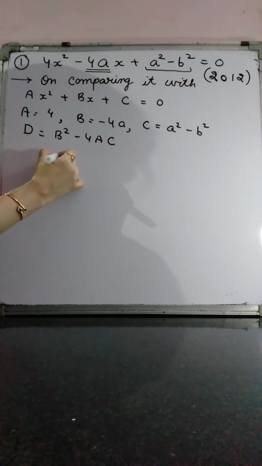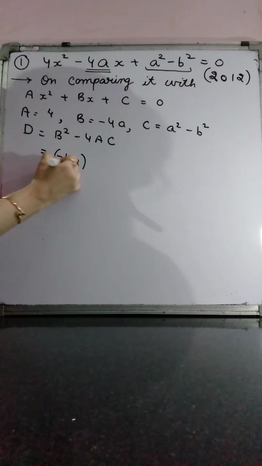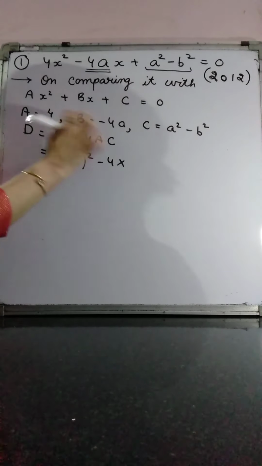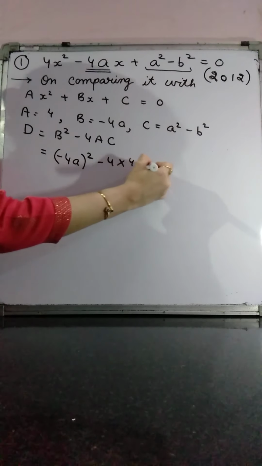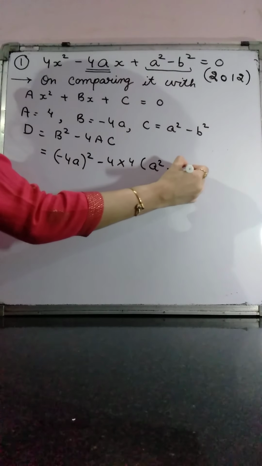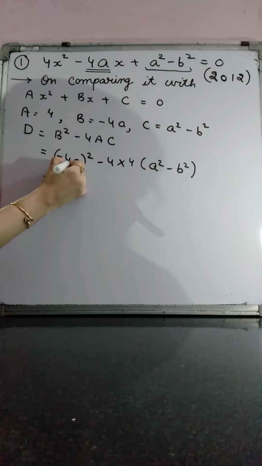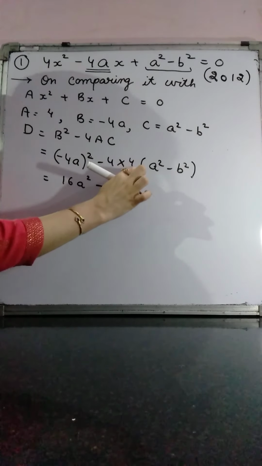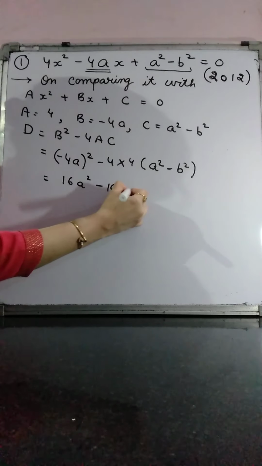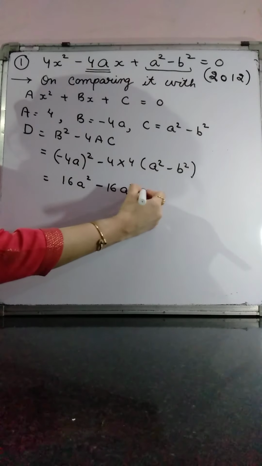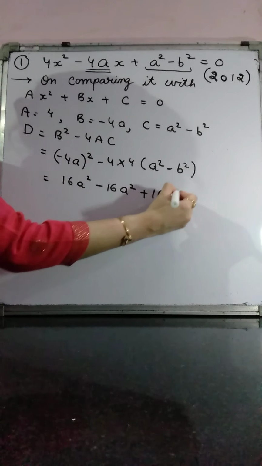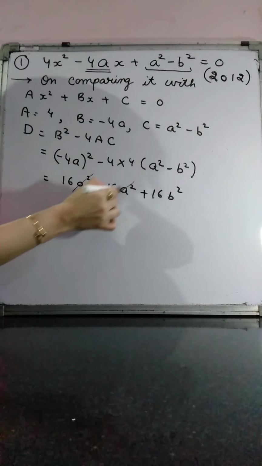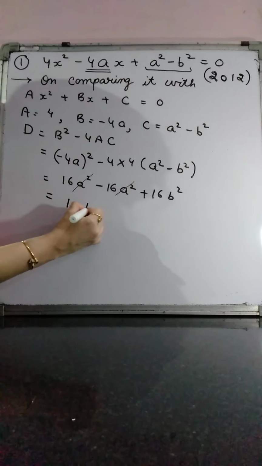Substitute the value of b, −4a, a is 4, c is a² − b². Minus 4 into 4 is 16, 16 into a², 16a², minus and minus converted to plus, 16b². Cancel out 16b², and we get